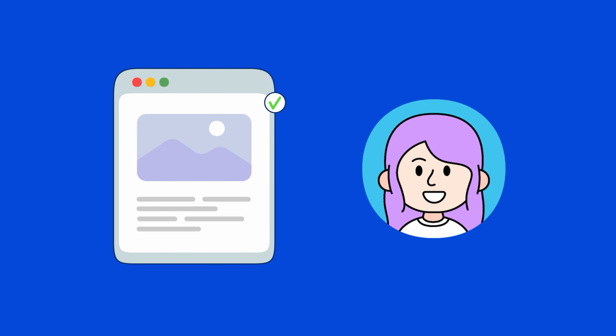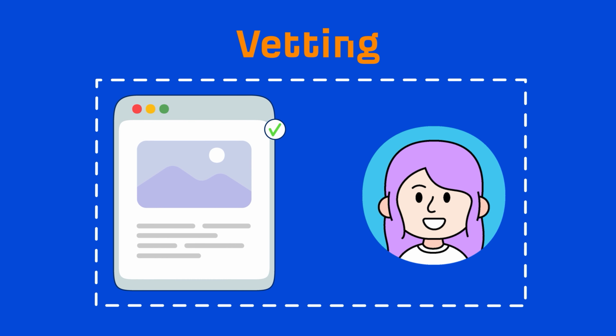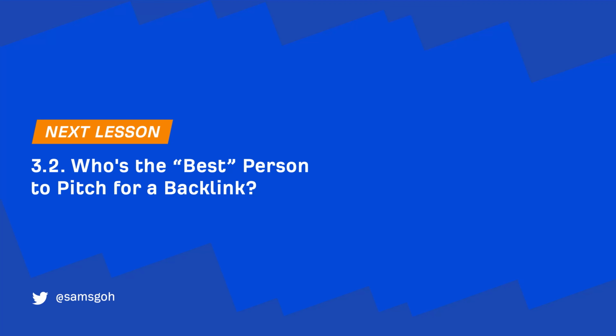Now, after you've finished your page vetting process, you'll need to start finding the right people to send your email pitches to. And personally, I consider this a part of the vetting process because there's research involved to validate whether the prospect is a good one or not. So in the next lesson, I'll share my experiences on contacting people with different titles, i.e. author, editor, generic emails, etc., and I'll share some stats on who the best person to contact with your link pitch is. I'll see you there.